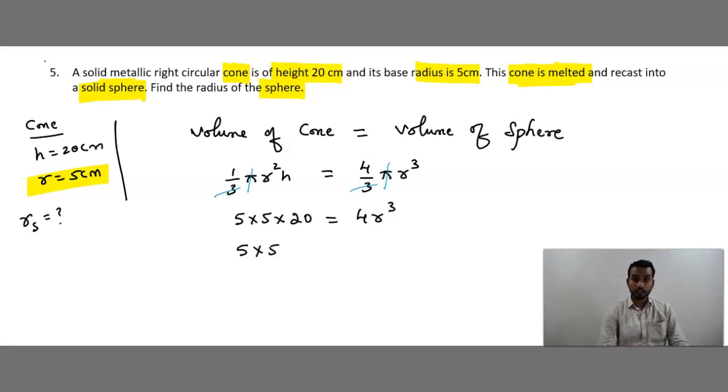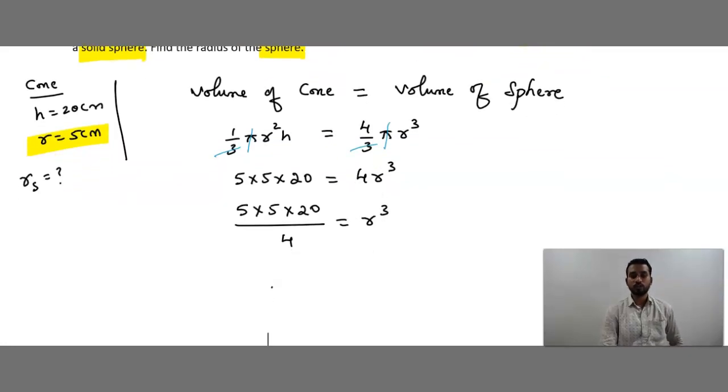Try to write in the reduced form itself. Don't multiply. Okay, divided by 4 is equal to r cube. If we get a simple calculation, we can do it there only. If we have a maximum calculation, then try to write the working column and you can substitute. Okay, 4 1s are 4, 4 5s are 20, 5 5s are 25, 25 5s are 125. So r cube is equal to 125.